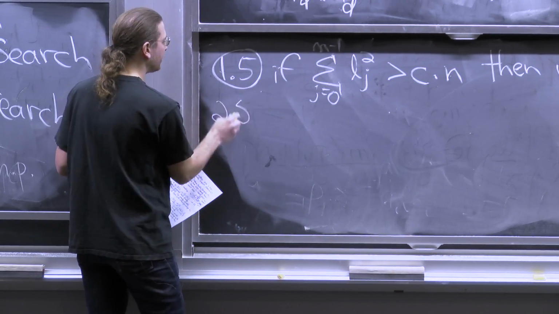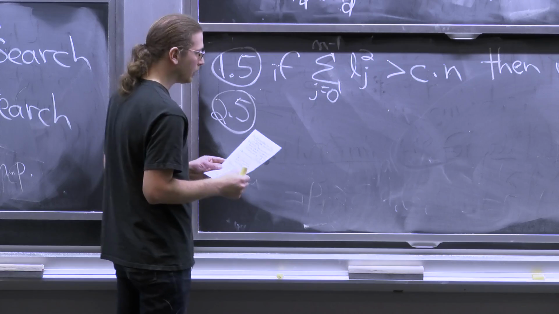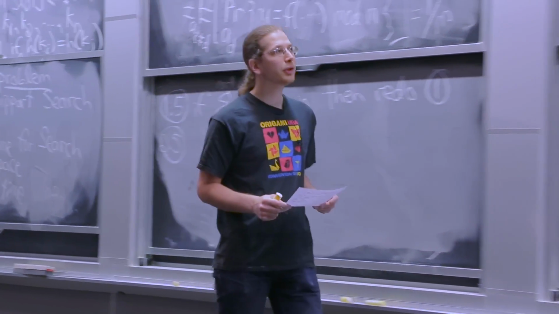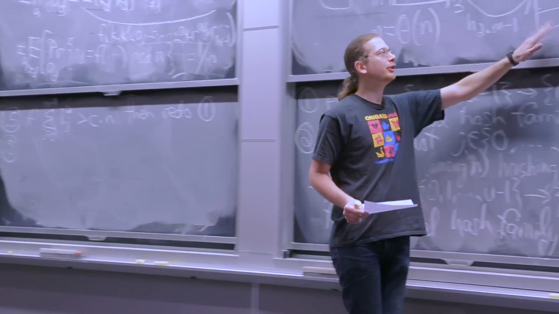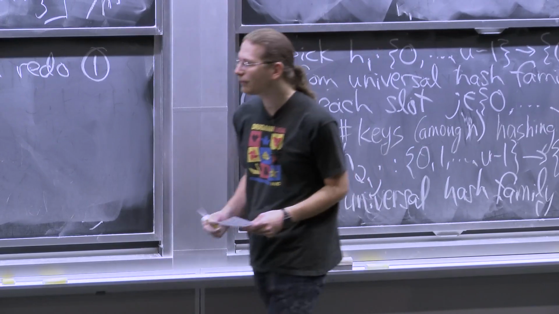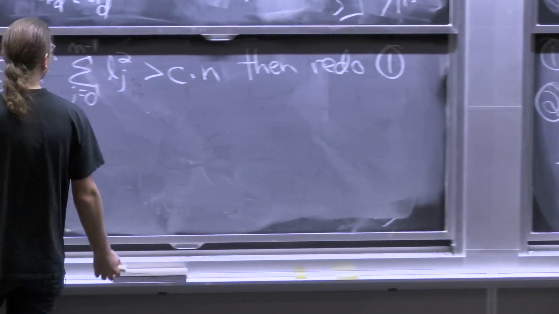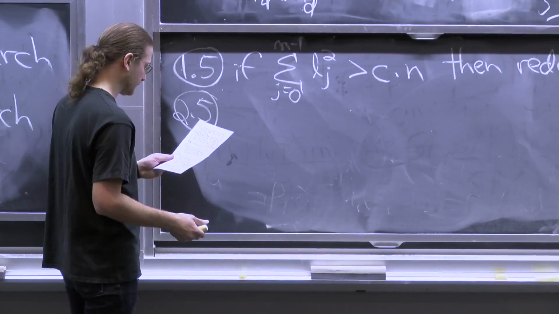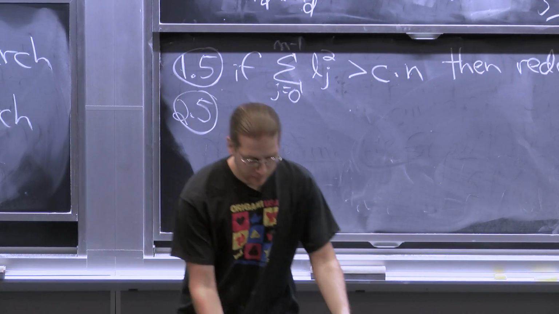Okay, let me first tell you step 2.5, which is I want there to be 0 collisions in each of these tables. It's only going to happen with probability of half. So if it doesn't happen, just try again. So 2.5